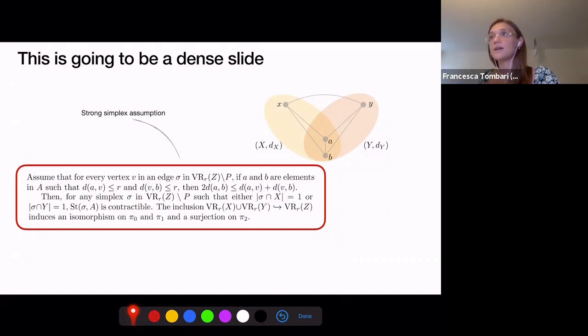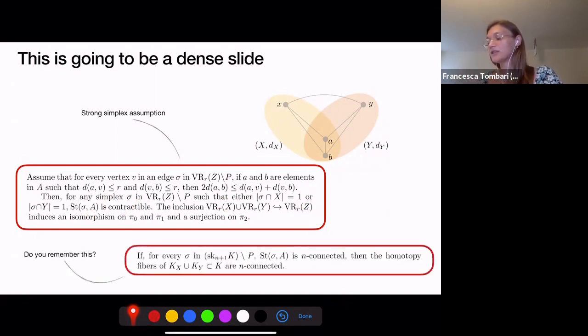What does it mean in terms of homotopy or homology groups? It means that the inclusion map induces an isomorphism on pi 0 and pi 1 and a surjection on pi 2. Why does this happen? Because